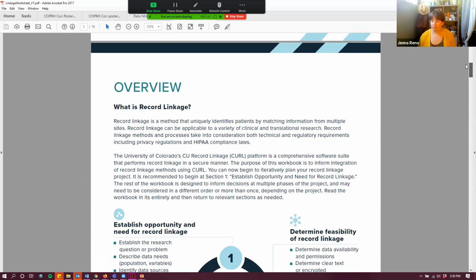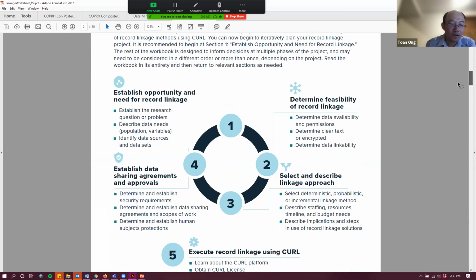Do you have time for a use case, Toan? No, so I think our original plan goes out the window, but what we can do is make this workbook available to all who are interested, and then we can